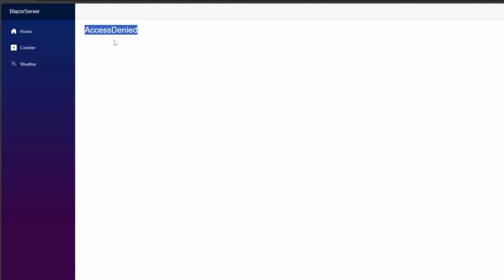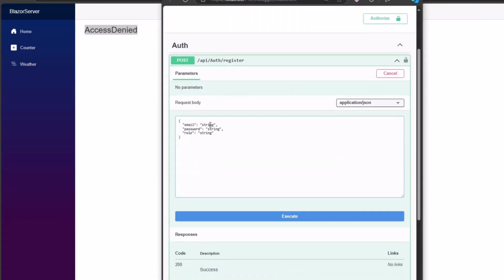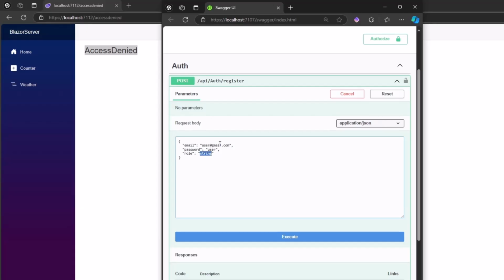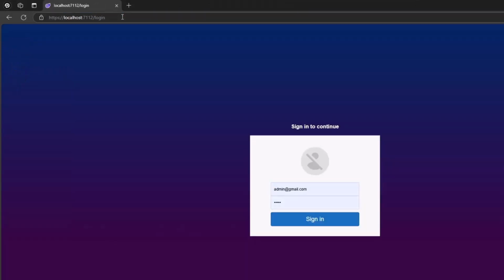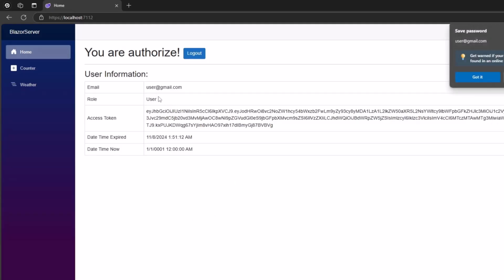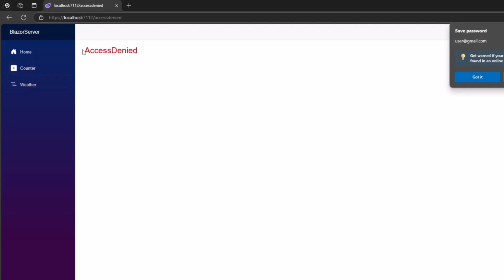So if we have another user with the role user, they should be able to see this page. And maybe we just try it now. I want to register a new user. Try it out. User@gmail.com. Password is user. And this one is a user with capital U. Okay, good. Now I want to log in again, and in this case I want to use user. Sign in. Okay, we have a user role. Let's hope there is no issue. Nice, we're able to see the weather. And if we try to open the counter, we get access denied.